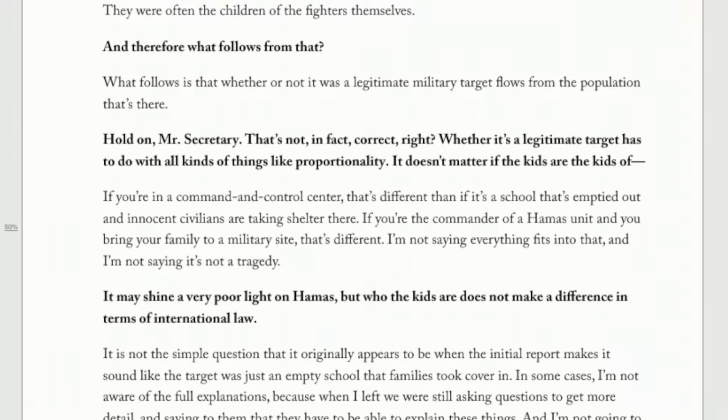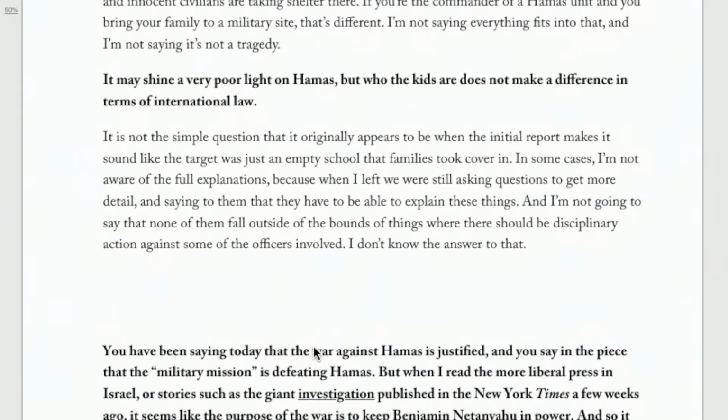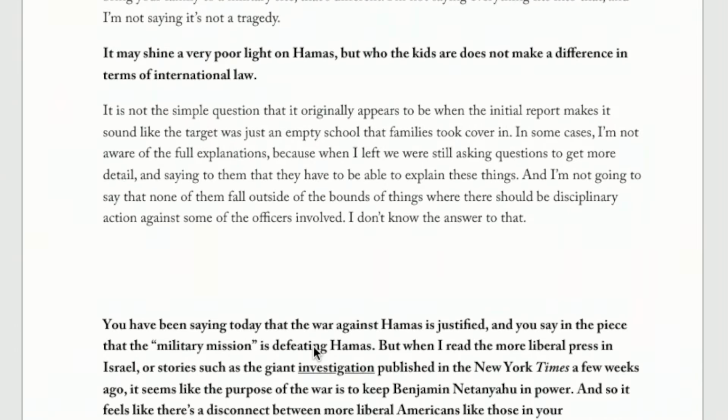Lew: It is not the simple question that it originally appears to be when the initial report makes it sound like the target was just an empty school that families took cover in. In some cases, I'm not aware of the full explanations because when I left, we were still asking questions to get more detail and saying to them that they have to be able to explain these things. And I'm not going to say that none of them fall outside the bounds of things where there should be disciplinary action against them, blah, blah, blah. But